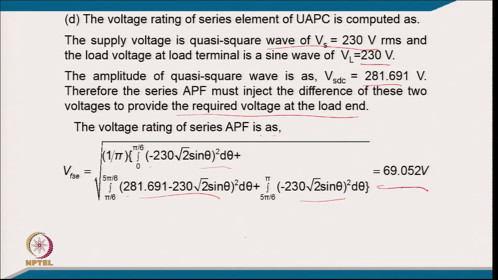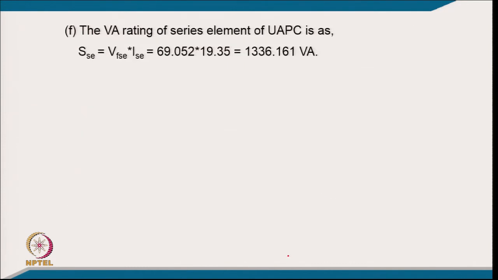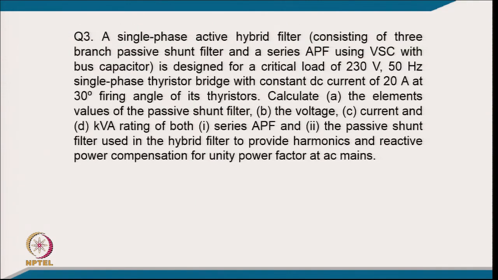So, this comes to 69.052 volt, and the current rating of the series element is the same as the supply current. So, we have the active power divided by the voltage, and it comes 19.35 ampere, and the VA rating of the series element will be the series injected voltage multiplied by the current of it. So, putting the value it comes 1336.161 VA. Coming to example 3: a single phase active hybrid filter consisting of a 3 branch passive shunt filter